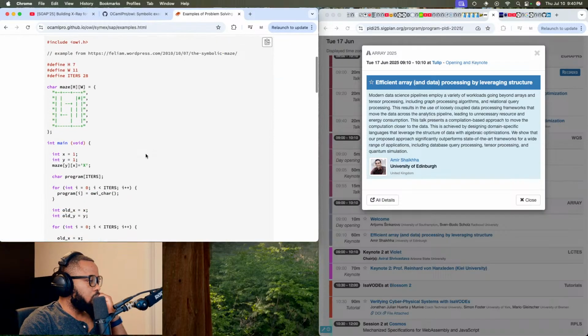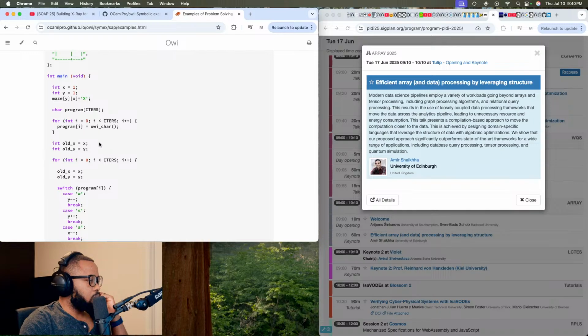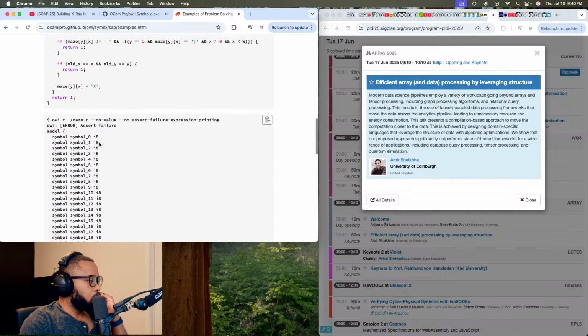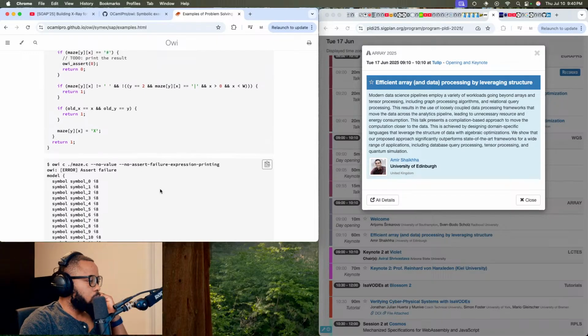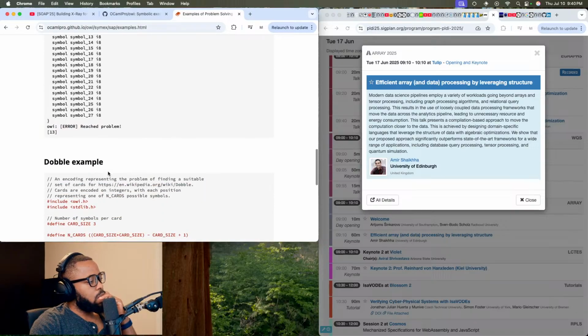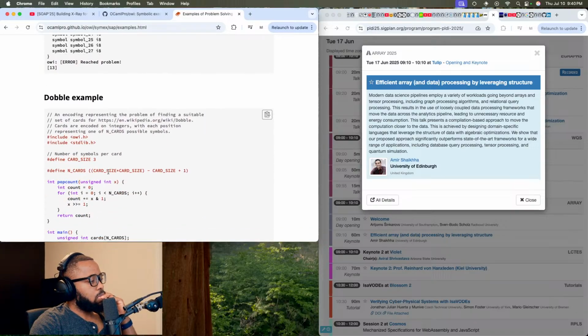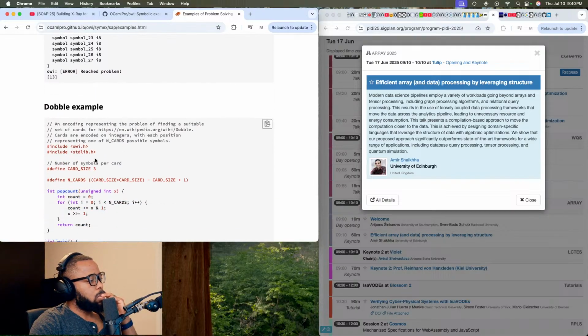Okay, yeah. So you have your program. You write it. Then you basically run it using the OE binary, and it will basically flag stuff for you without you having to generate test cases or anything like that.